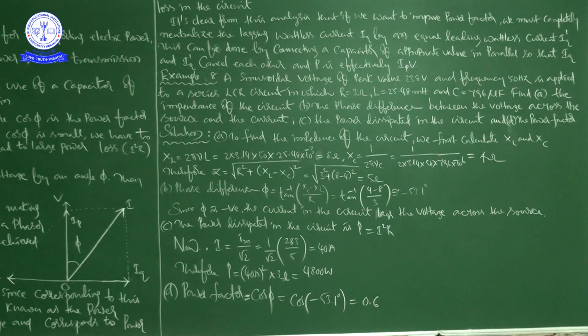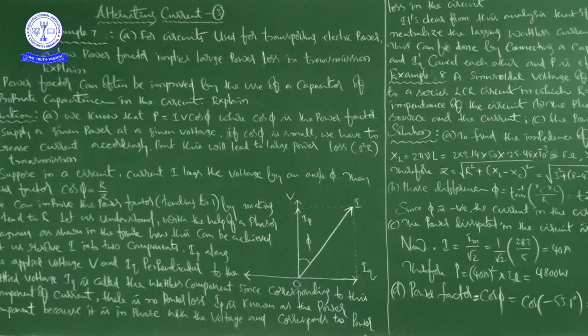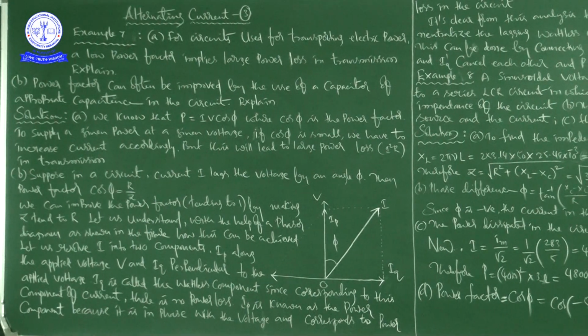Okay, right. So it is logical thinking and getting advantage. The intention for us is to get the advantage. What is the advantage? Improving the power factor. How is it possible? Just by the use of a capacitor of appropriate capacitance in the circuit. But here, what we are discussing is how it is possible. That is our concentration and our interest also.